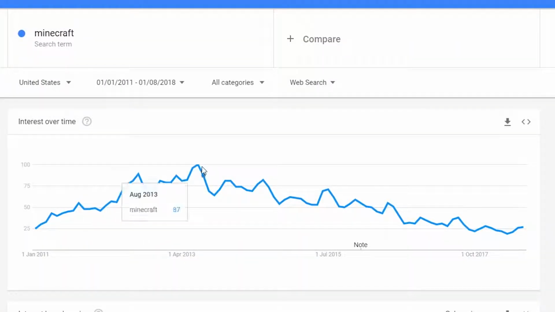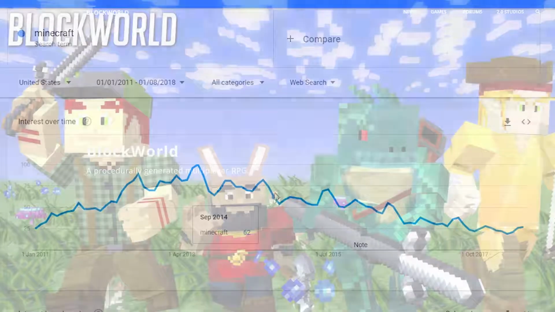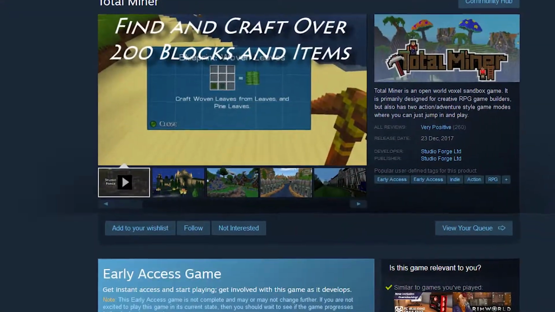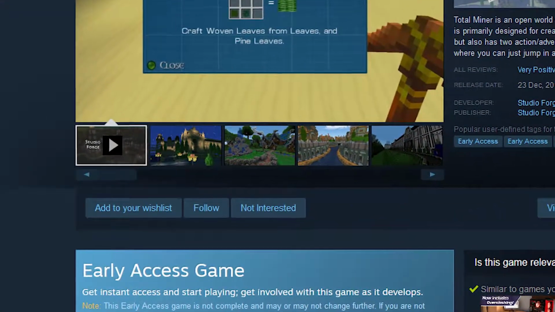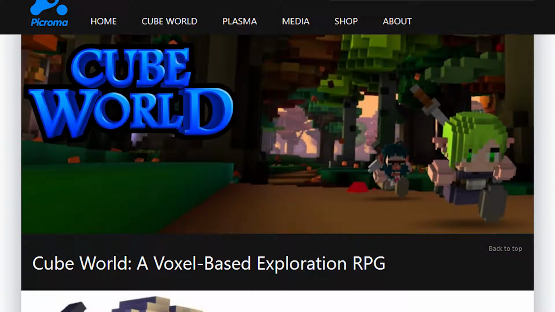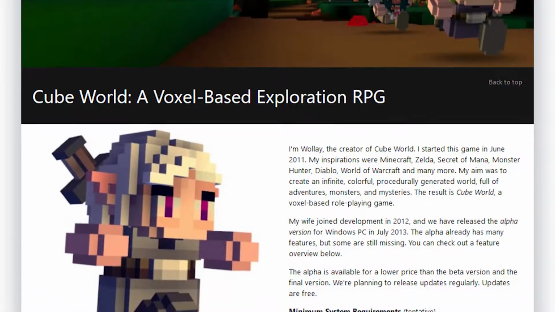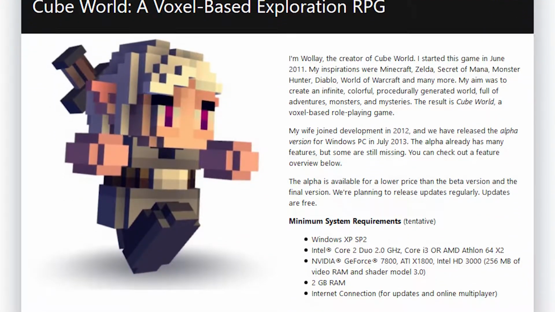During that time when Minecraft was getting really popular, and it seemed like every new game being released was either copying its voxel styling or its early access type release system, along came a game by the name of Cube World. The name immediately screams Minecraft clone, but don't be fooled, this game is almost the exact opposite of Minecraft